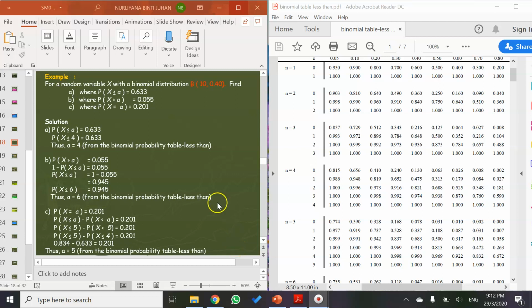Let's see more examples. For a random variable X with a binomial distribution B, where n equal to 10 and p equal to 0.4, find a where probability X less than or equal to a equal to 0.633, and b where probability X greater than a equal to 0.055, and c where probability X equal to a equal to 0.201. So the difference of this question with the previous